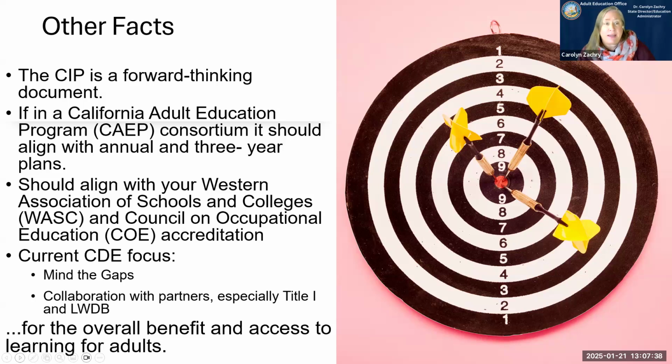You don't have to use these areas as CIP goals, but we are wanting to continue to close those gaps between students that enroll and become participants of 12+ hours, and then those students that are participants to have a pre and a post test matched. And also the collaboration with your Title I partners and your local workforce development board. And really, everything should benefit your students and access to learning for adults.